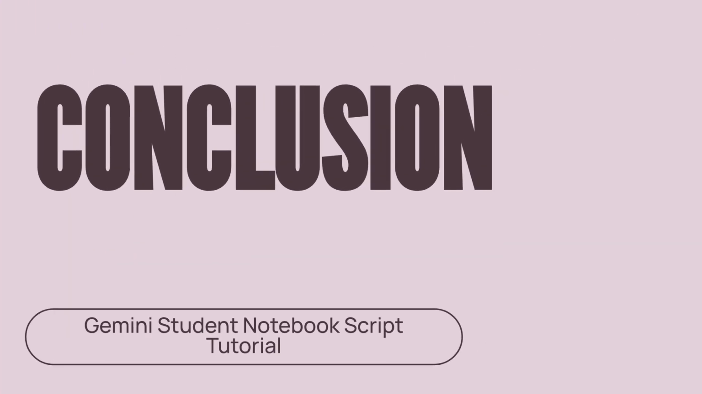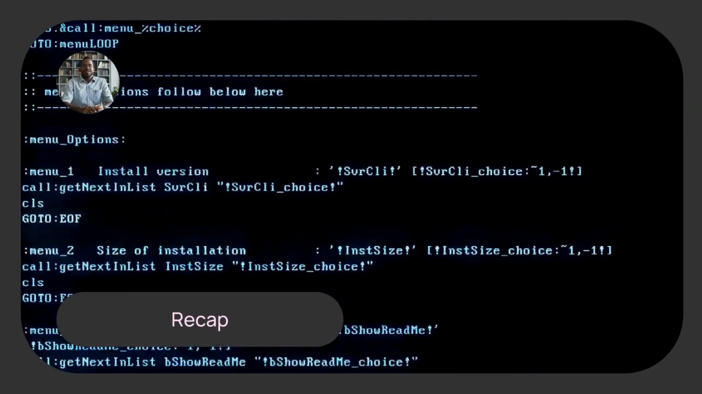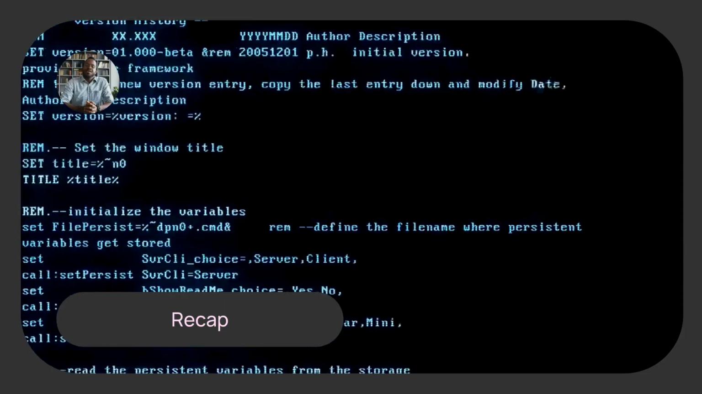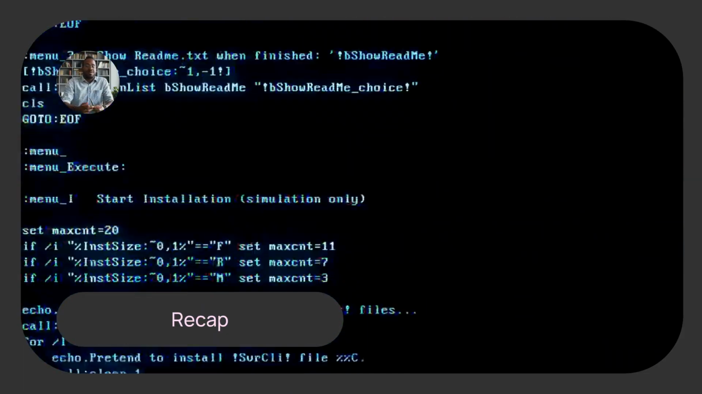With these Gemini scripts, we can efficiently create student notebooks, manage assignments, and archive completed work. Let's recap the scripts we created. onOpen for menu creation, create student documents for notebook generation, append assignments for adding dates and data, and backup and